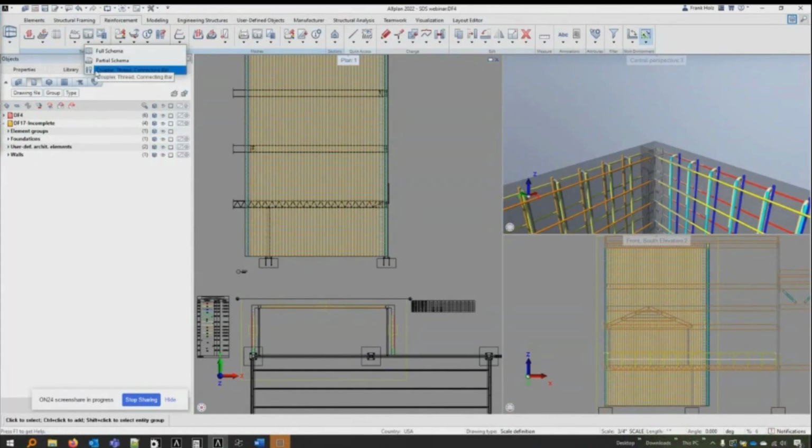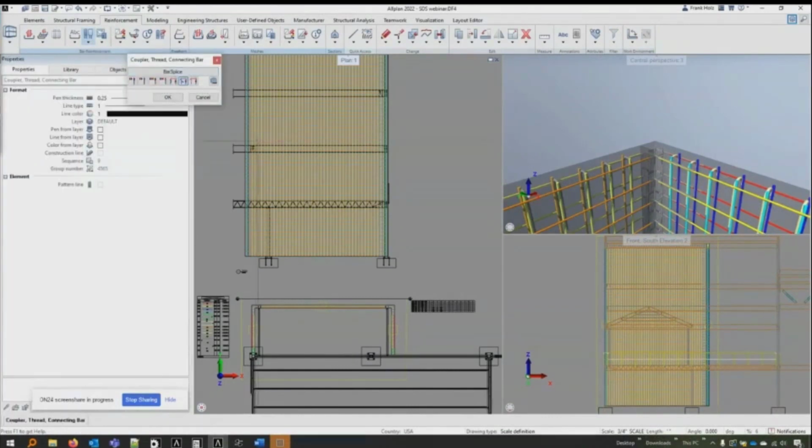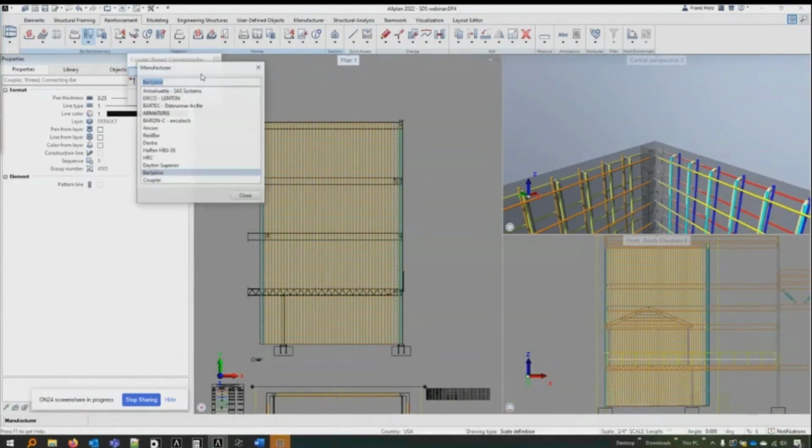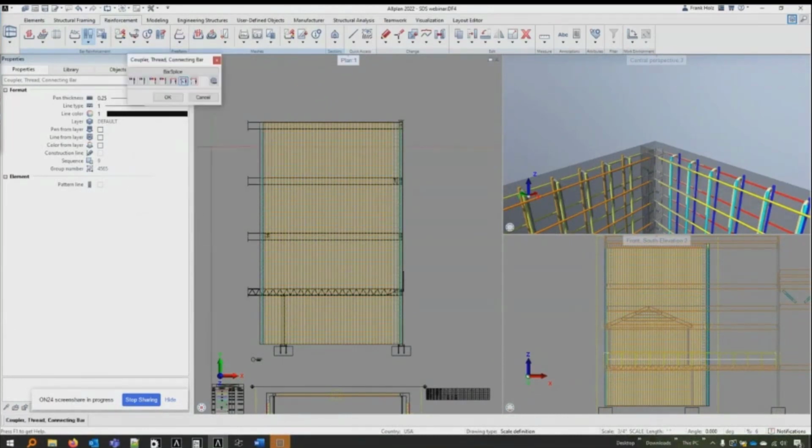I can use our coupler tool. If we have multiple lifts, maybe at each floor or something, I'm just going to do a single one. But you might need those to have some kind of serious positive tension, or you might be using a precast on the bottom. In that case, you can use your couplers. So you can just select from the list here whatever manufacturer you may have. You can draw a line, split it, put the coupler, it'll automatically add the form saver, draw the thread on the bar for you. In a minute here, I'm actually going to do a cut and lap, do a lap